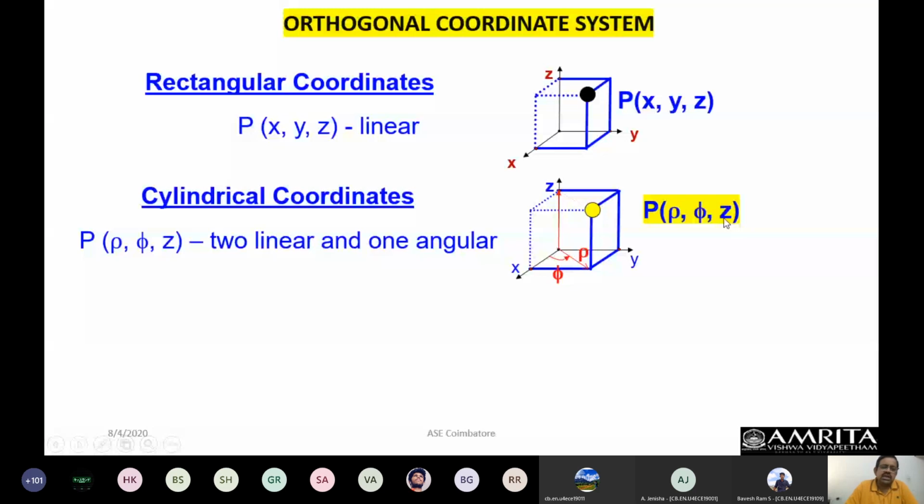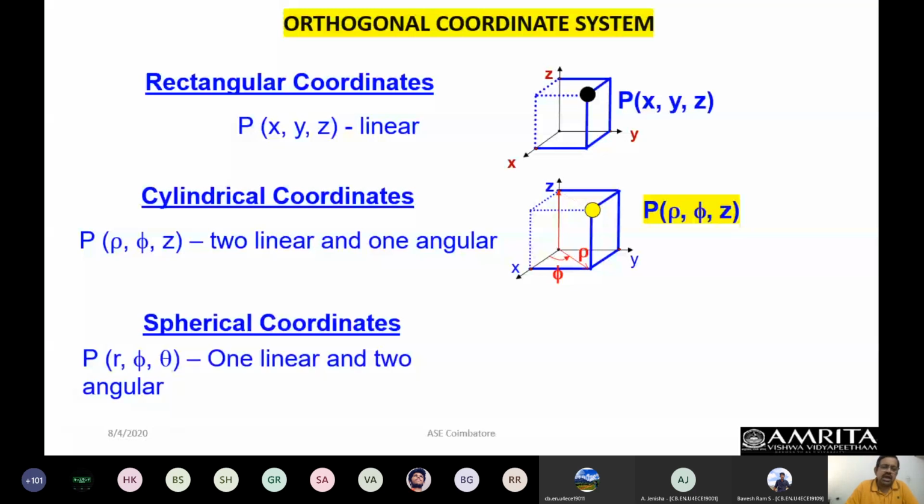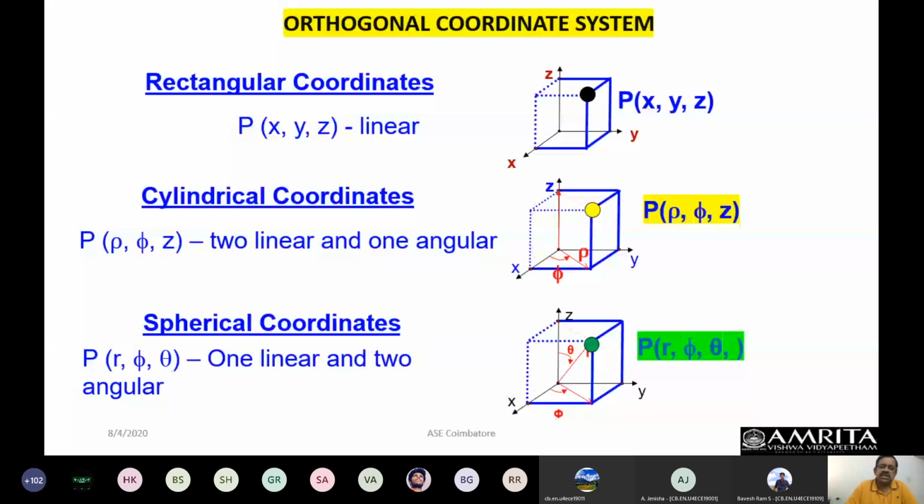Now the next one is the spherical coordinate system. I will keep this explanation for the next class. Just assume that in a sphere, instead of two linear coordinates, you are going to have two angular coordinates and only one linear, which is the radius of the sphere itself. Any point on the sphere we can map by having one linear and two angular coordinates, r, theta, phi. It is written as r, phi, theta; you make a small amend to that. We'll describe that in the next class anyway.